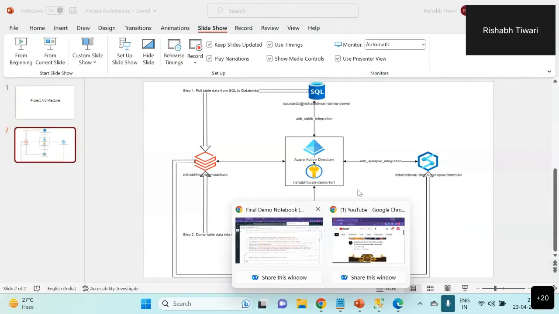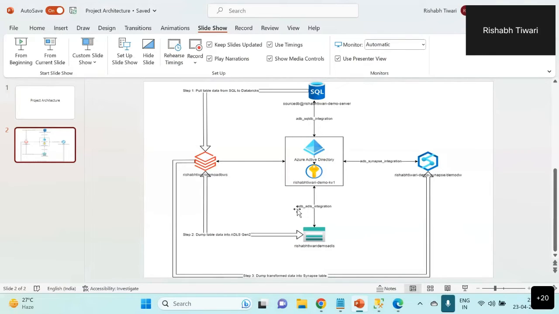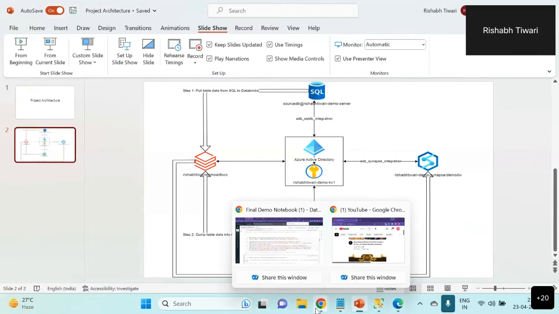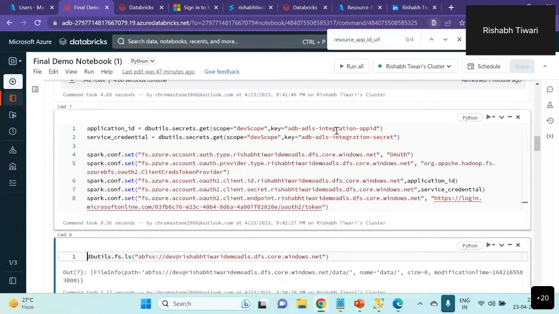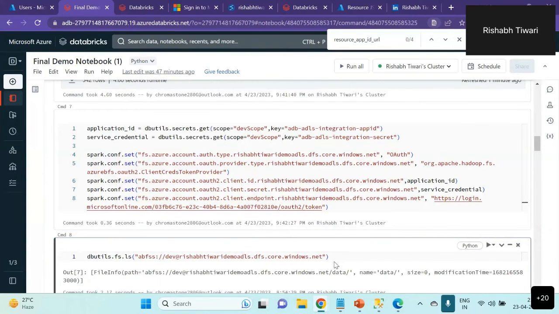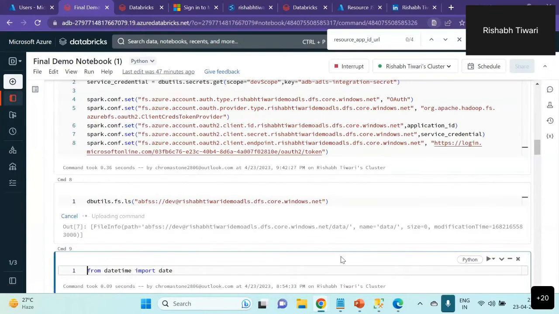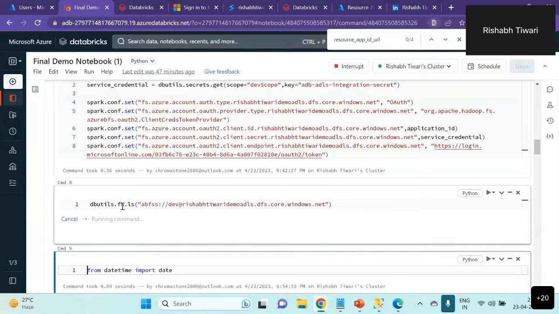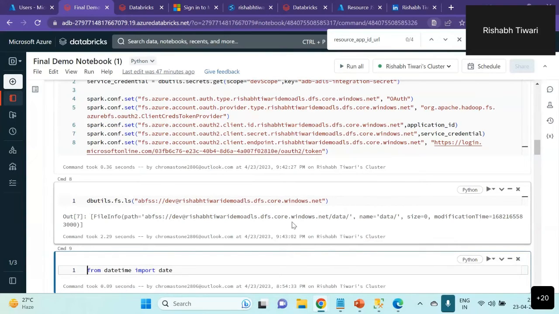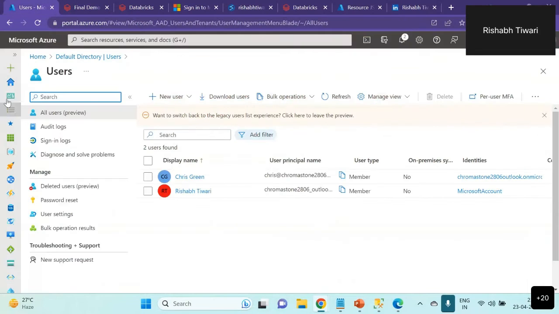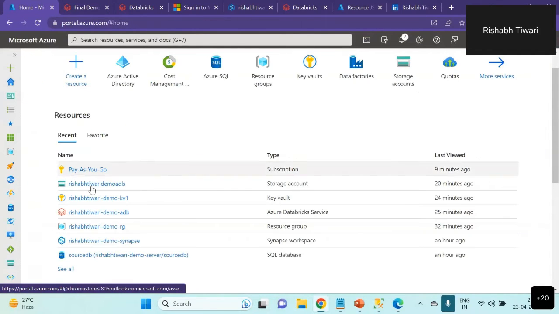Before that, we authenticated with the ADB ADLS integration application username and password. So the ADB ADLS integration app ID and secret we used to authenticate. Just to check whether our authentication was successful or not, we can run the ls command. And if the ls command returns a value, that means our authentication was successful. Just to show you,